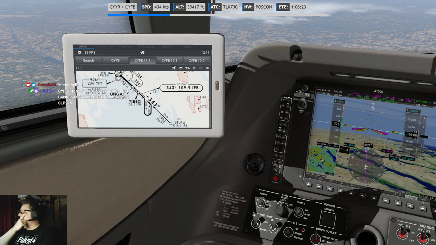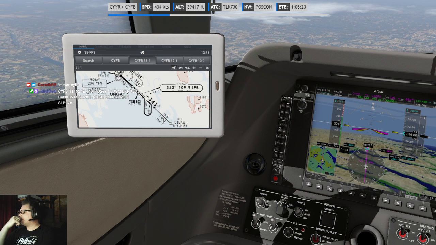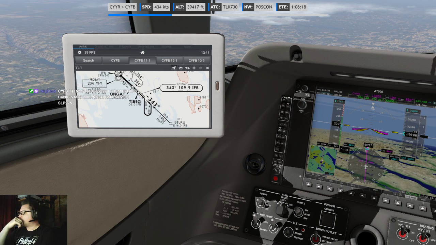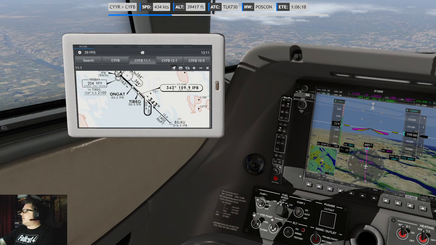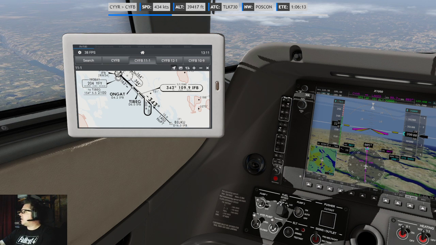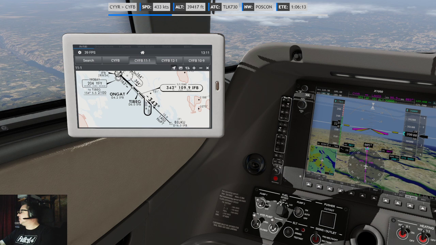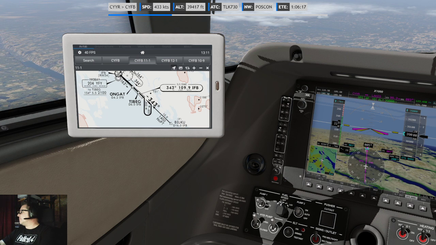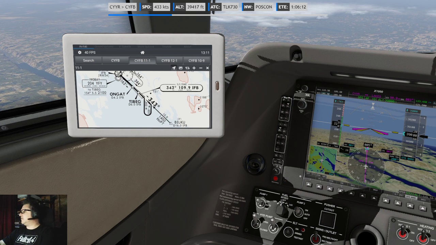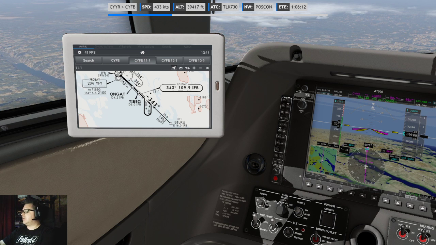Looks like it's gonna be an RNAV. I have to do that check again once I'm a lot closer, like after we've passed the tip of Quebec. That's when I'll check.